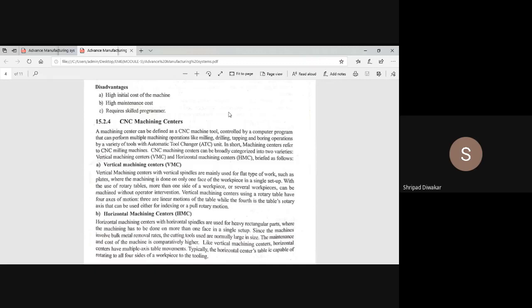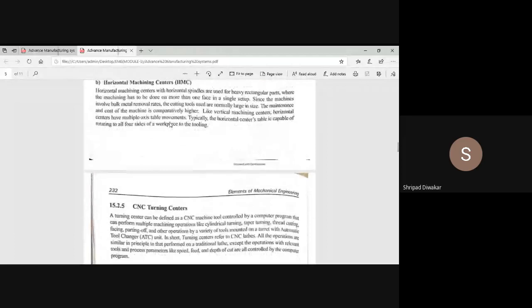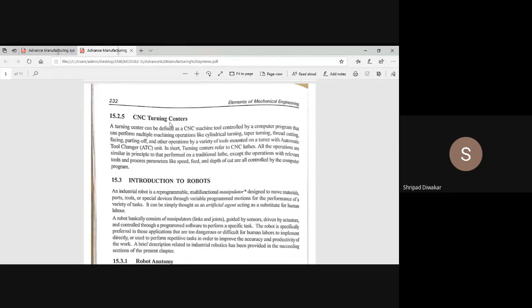And we are having a CNC turning center. You remember, whenever it is operated by a human being, it is called a conventional lathe. If it is performed in a CNC operated machine, that is called a CNC turning center or CNC lathe. The CNC turning center is the same as the conventional lathe machine. All the cylindrical jobs we can hold, but operations are performed according to a set of programs. Programs are fixed in the computer device.